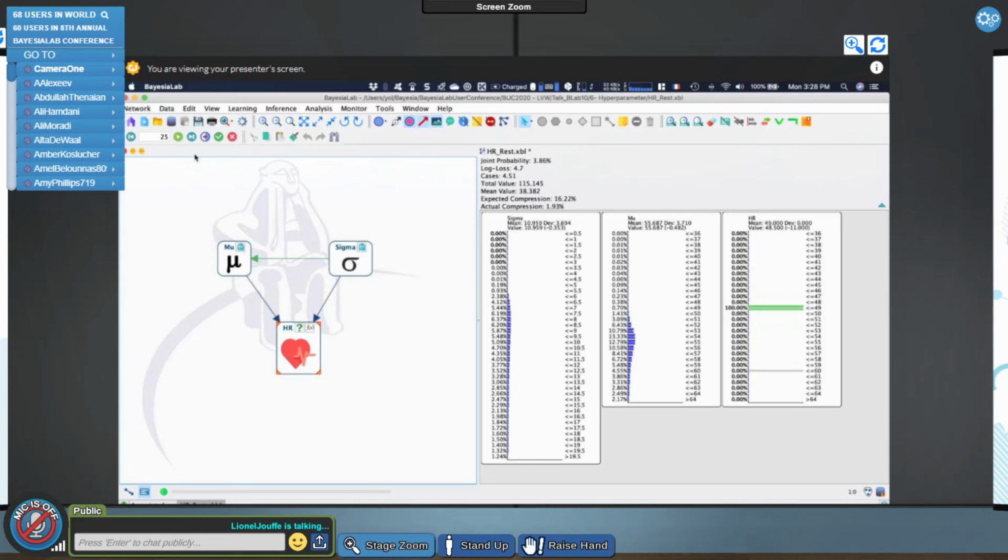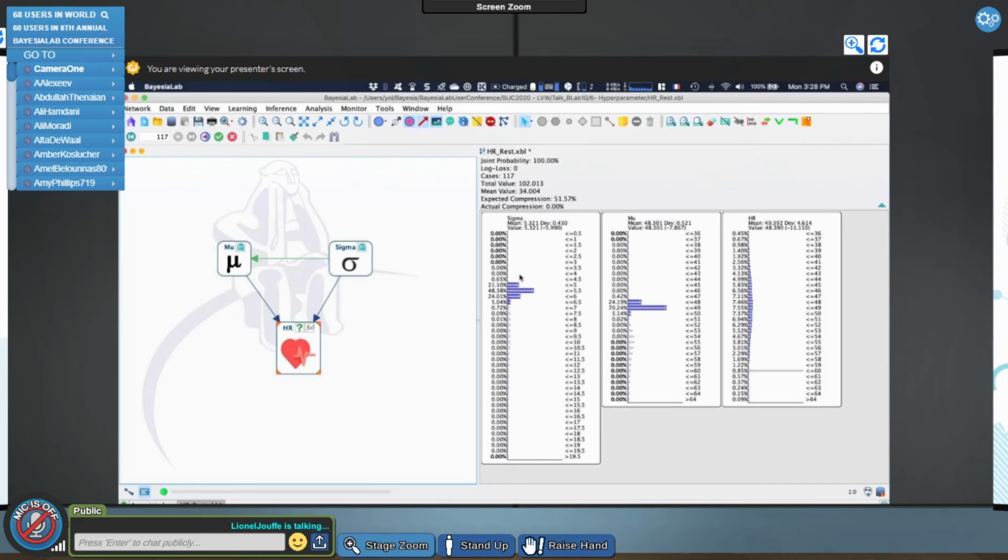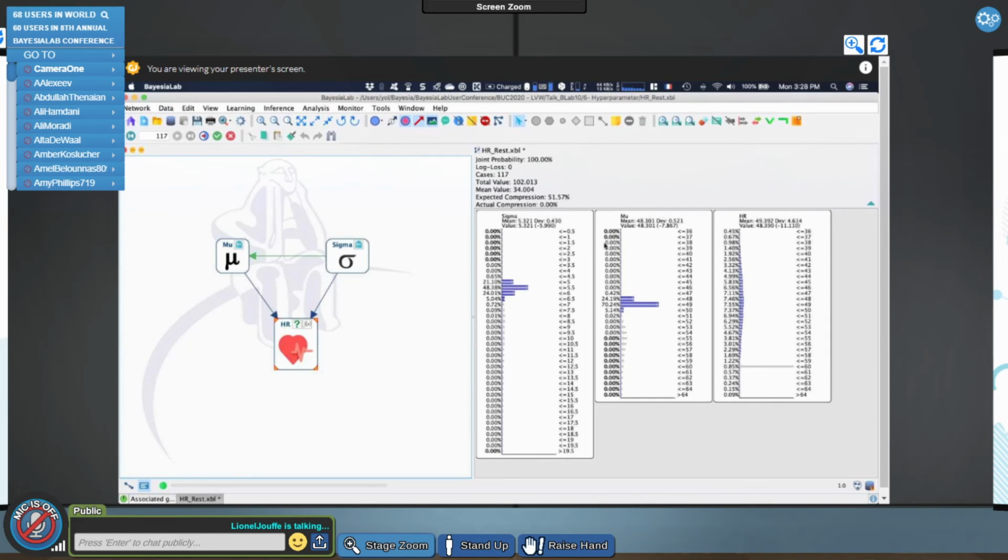So obviously I'm going to use this to go through the 117 days. And after 117 days, I have the new values for mu and sigma. So after 117 days, I have a heart rate when I'm at rest in the morning of 48 with a standard deviation of 5.3, right?